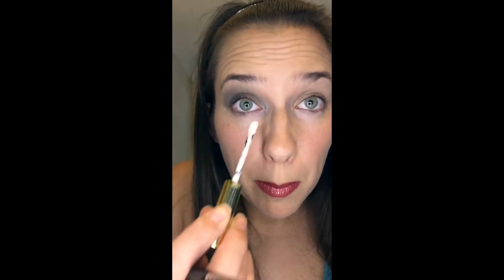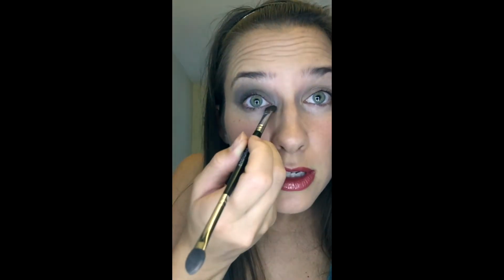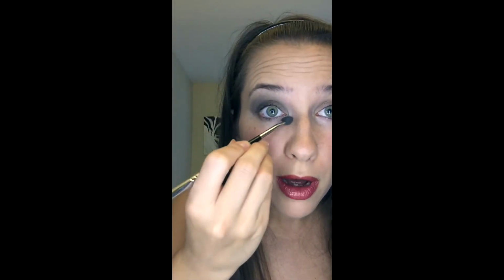And then let me add a super, super tiny bit more, right underneath there, and I'll spread that out real quick. See how nicely it blends in? It blends in really fast, just to make this area a little bit brighter. And then I'm going to take this other end here and wipe off any of the excess. All right, so that is the smoky eye with Mocha Java, Onyx, and a super, super tiny bit of snow